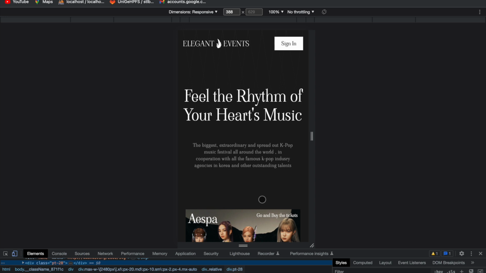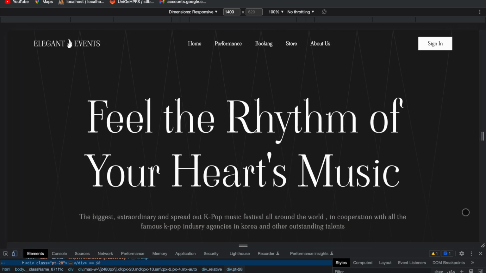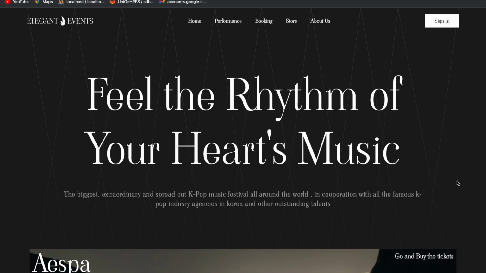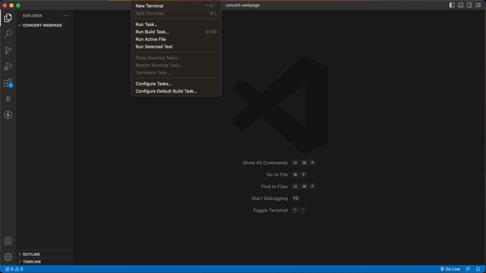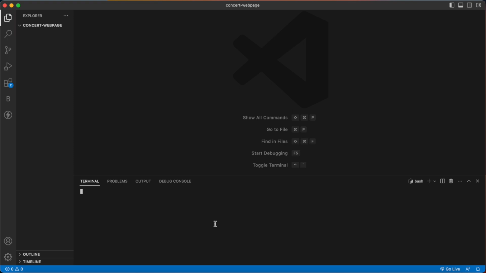So in this tutorial we are going to make this website in the Next.js framework, and for the styling we are going to use Tailwind CSS, and for the animations we are going to use Framer Motion. So now with that, let's start building our app. So the first thing we need to do is to make our Next app. So go to your terminal and then type the following command: npx create-next-app